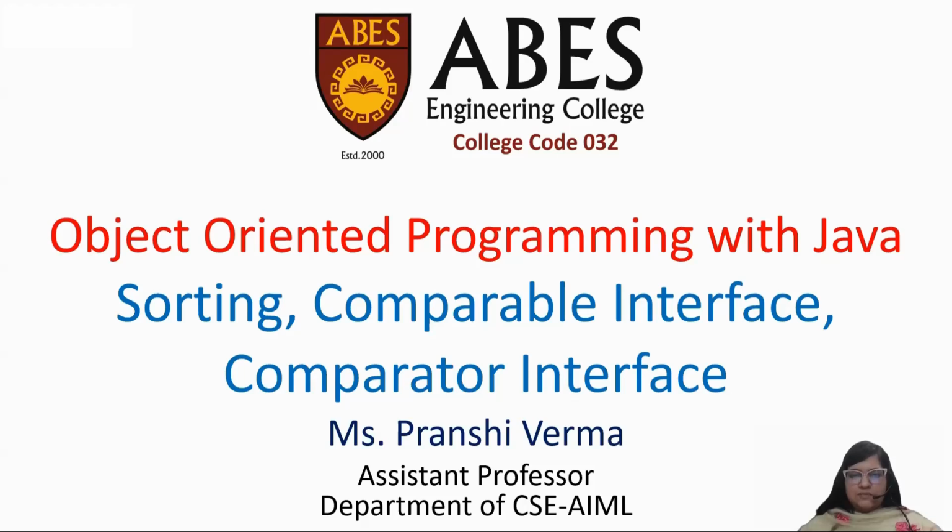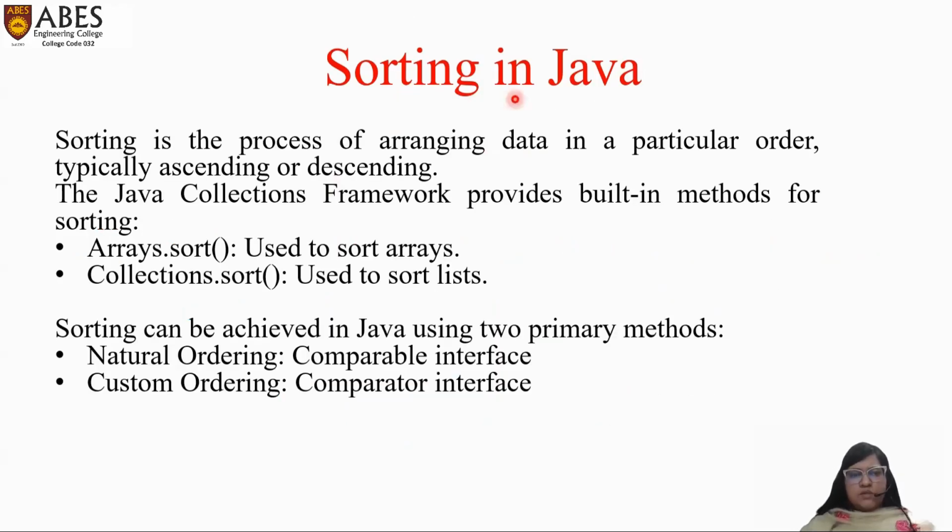Now, let's get started. Sorting in Java. What is sorting? Sorting is the process of arranging data. Data means any values, any elements in a particular order. Typically, its order may be ascending order or maybe descending order. And in data structures, you will learn different sorting methods, binary search, linear search, and so on. If I'm talking about the Java Collection Framework, it provides two built-in methods for sorting, and they are